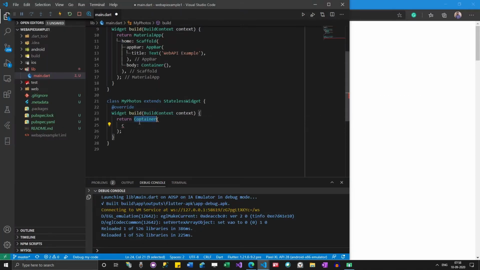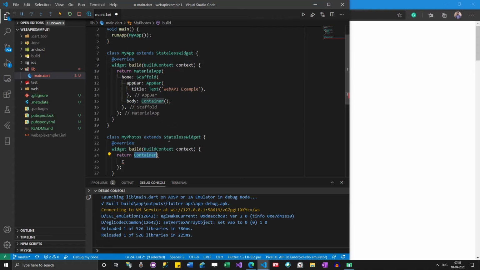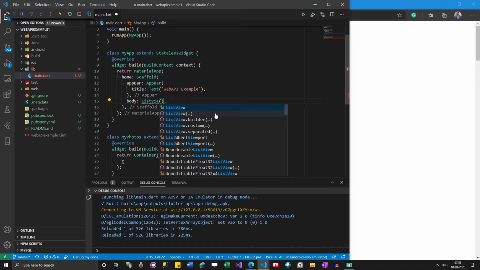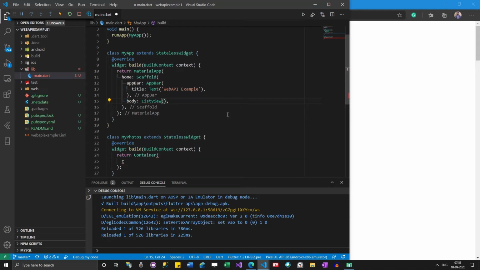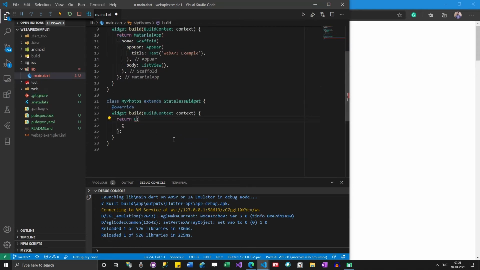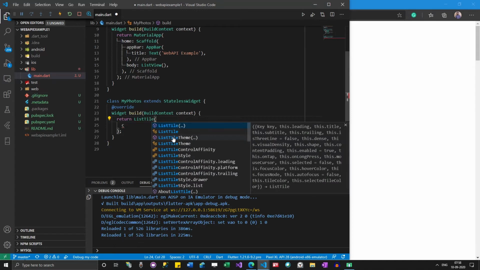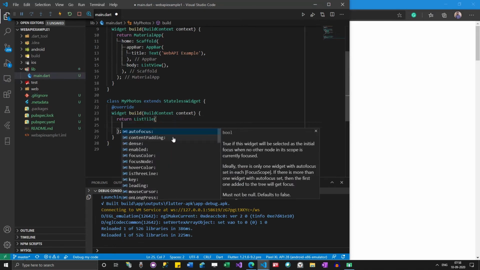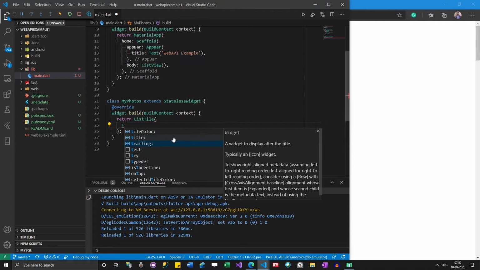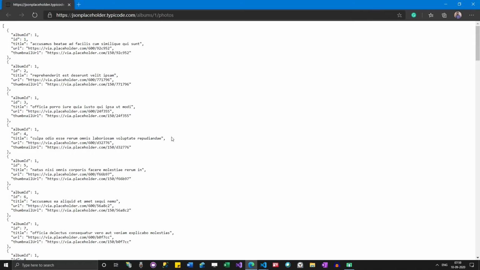Let me do this: ListView of, and then I'm going to use a list type, and then title. I will be using some title like this.